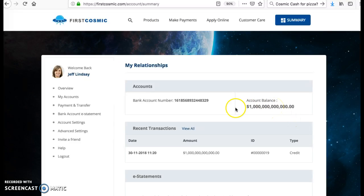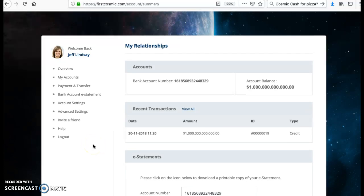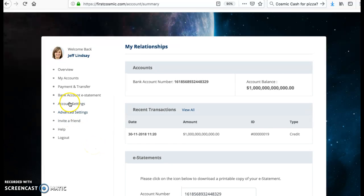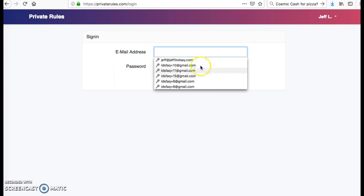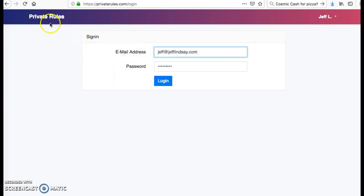You know why? Because this account needs to be linked back to Private Rules. That's a very critical step to make this work. So let me show you how to do that. You go to Advanced Settings, and there's the button, Link Private Rules Account. The secret sauce isn't there until you go in First Cosmic and agree to accept the secret sauce from Private Rules. So link Private Rules Account, and now it takes you to a Private Rules page